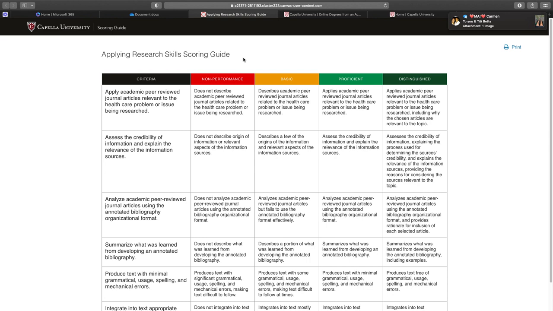In order to get your information, all right, for your paper, let's move to basic. Basic says that you describe the academic peer-reviewed journal articles related to the healthcare issue or problem that you were researching. So you described it. Okay, and then the